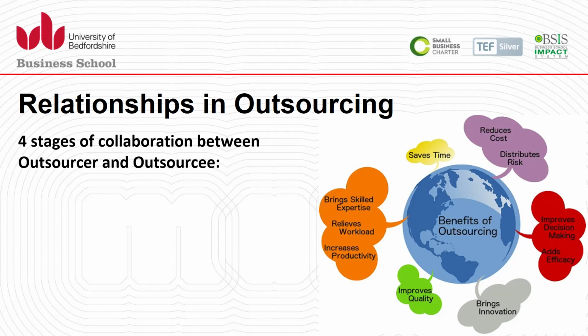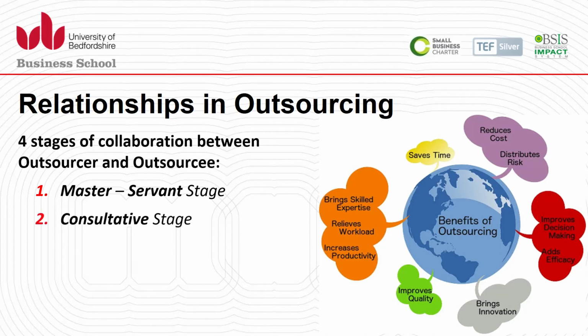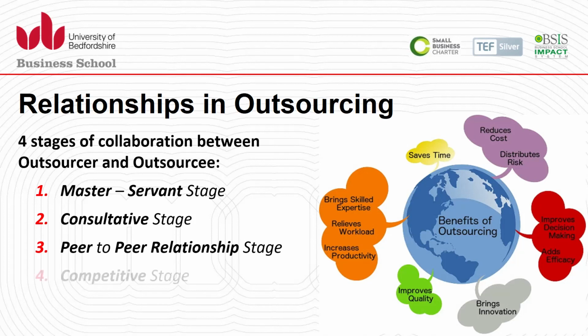So we have to see 4 stages of collaboration between the outsourcer and outsourcee. How to develop the main relationship and what are the key benefits that can be enjoyed? We have to think about the important stages here as the first master servant stage,